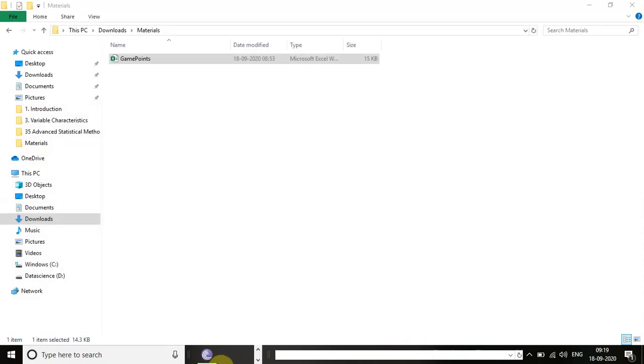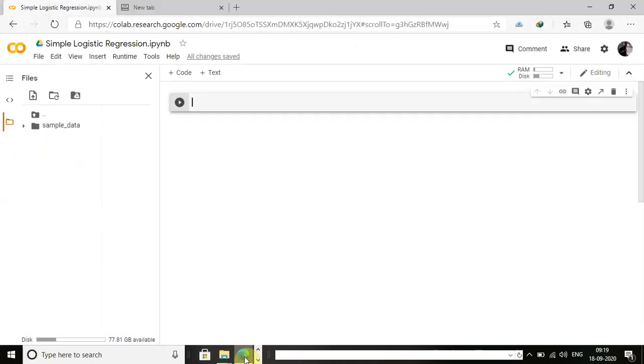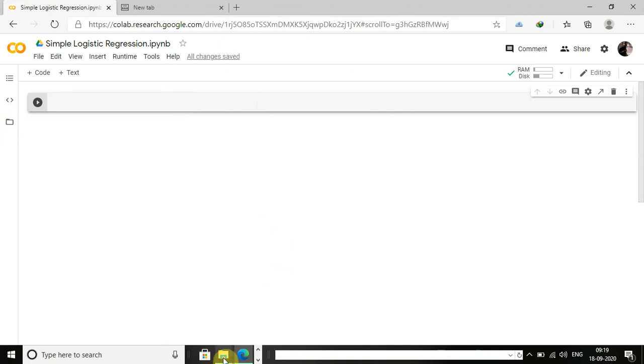So now I'm going to create one notebook in Google Colab, and I have to upload my dataset to the Google Colab workspace.